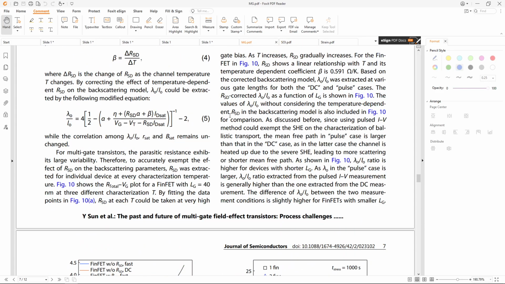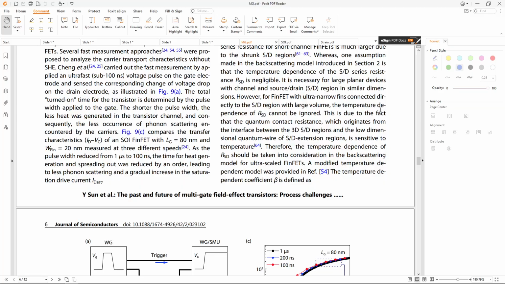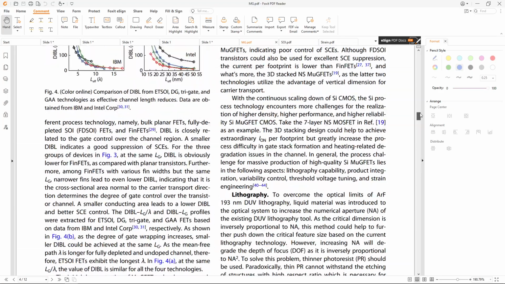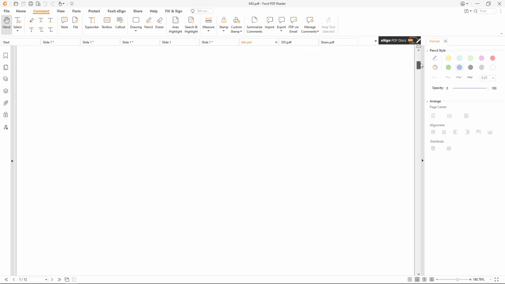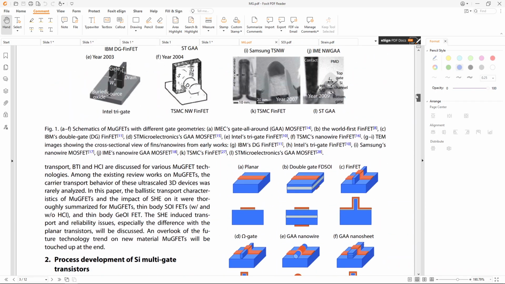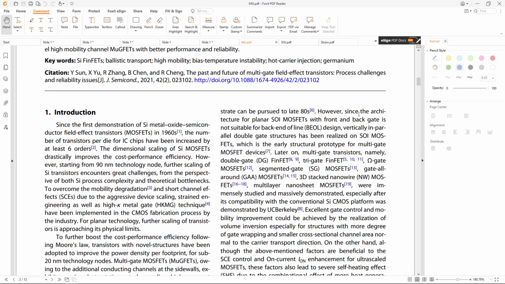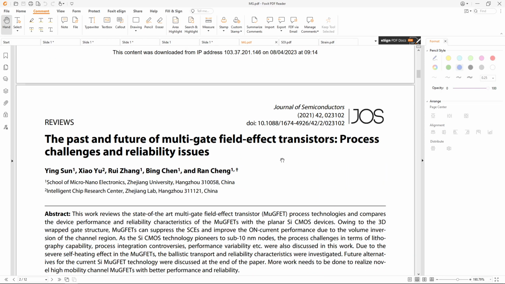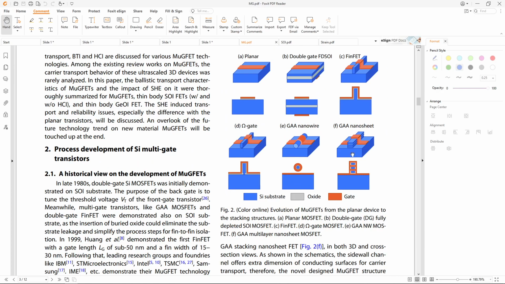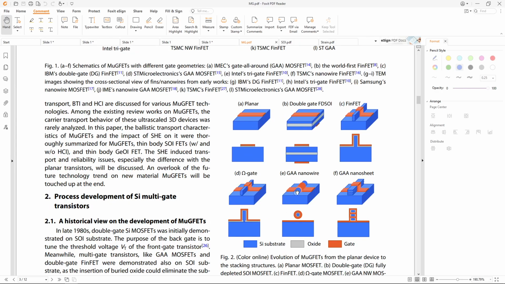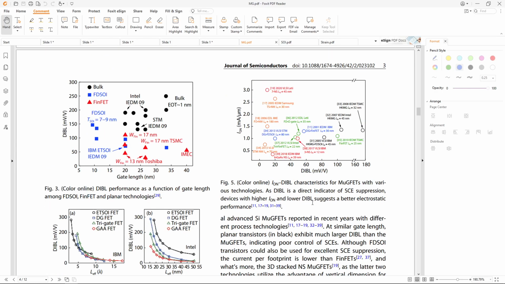Similarly, this paper is, I think, still recent. I think this is from 2 years ago. Yeah, this is from 2021. So this is a review article. Here they are discussing in detail about multi-gate devices. I don't know if they've gone into the fabrication, but they have definitely talked about different multi-gate configurations and their